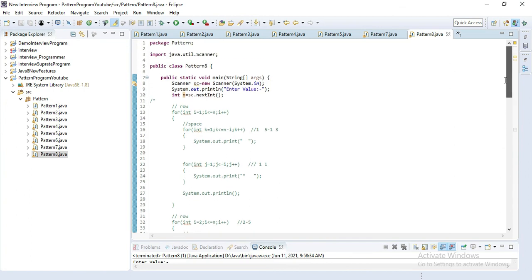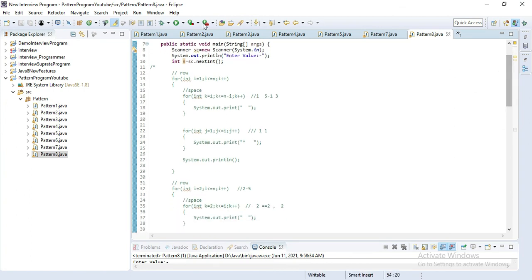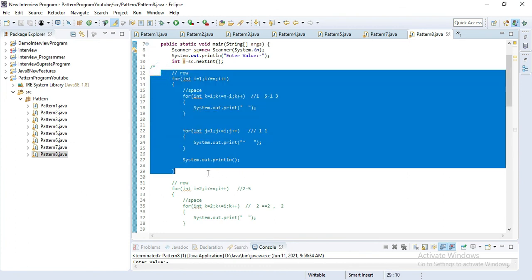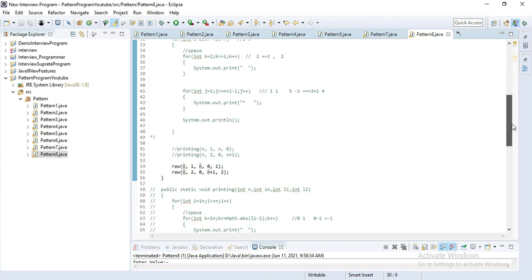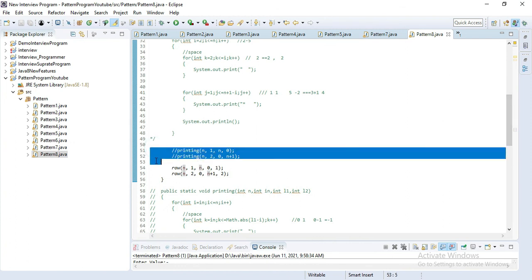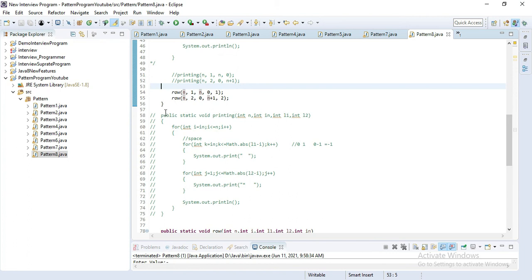I'll show it one more time. The first time, we completed this program in the ordinary way, with two outer for loops and two inner for loops, meaning a total of 6 for loops required to complete this program. Then we used some trick and some logic, and converted that program into a shorter program.